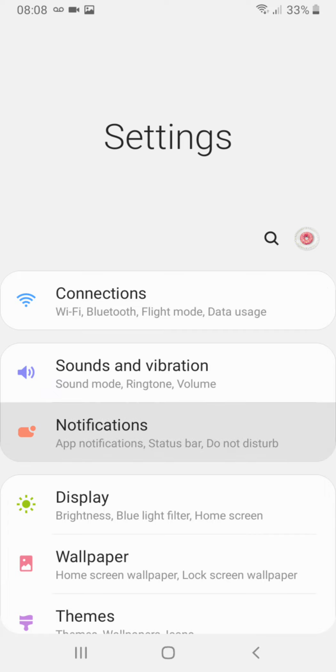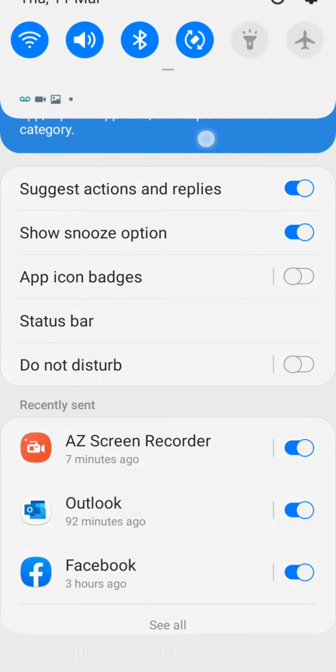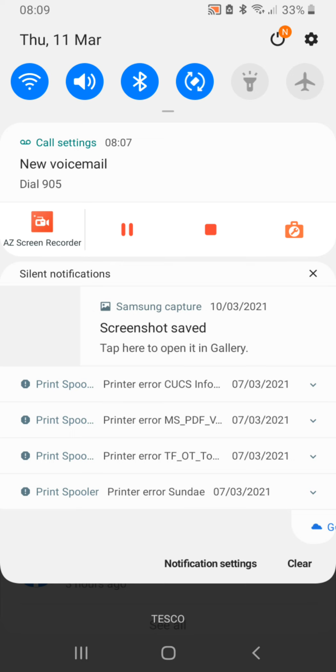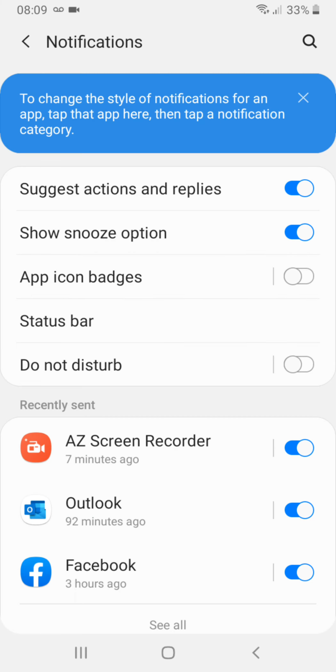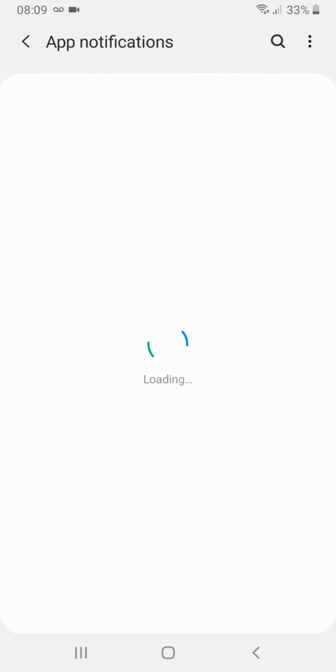The notifications section, these are for your app notifications. Again, you might find quite often that apps are sending you notifications at the top of your screen, or if you slide down, there may well be notifications here. Mine are all silent, but yours might be pinging or making a noise when they pop up on here. As you can see, I have mine set to silent. It tells me on here recently sent notifications,